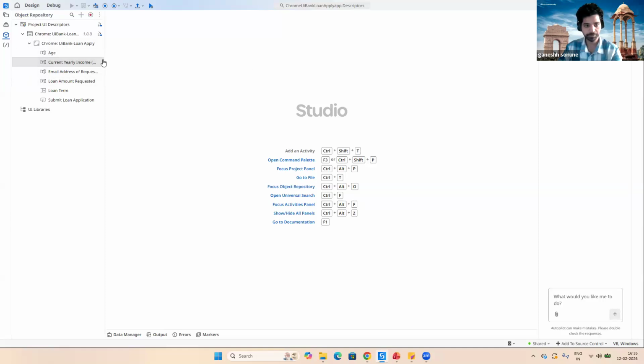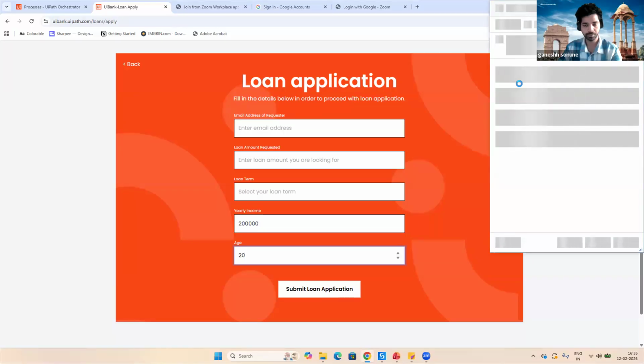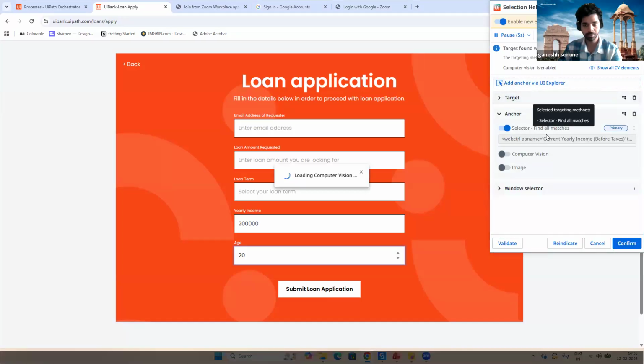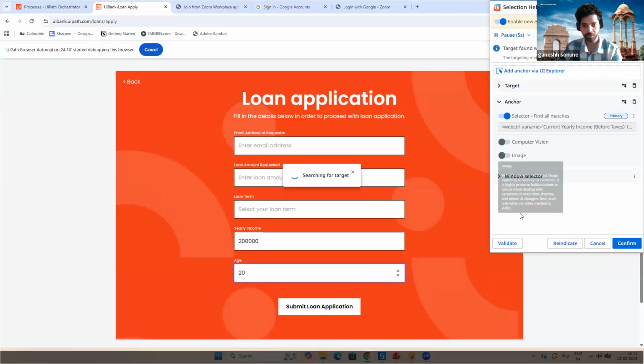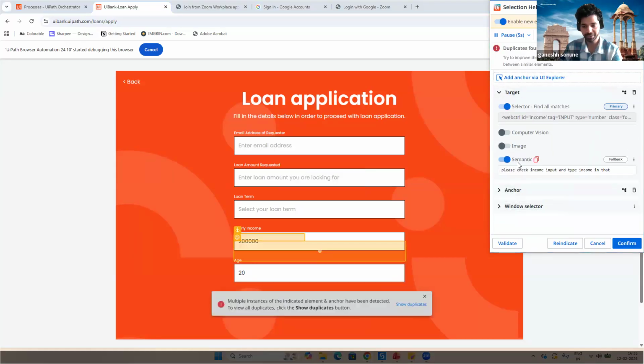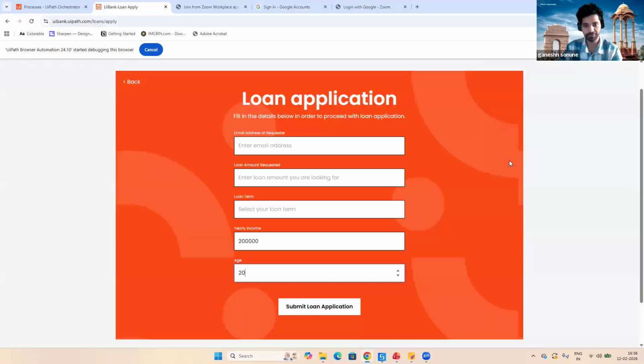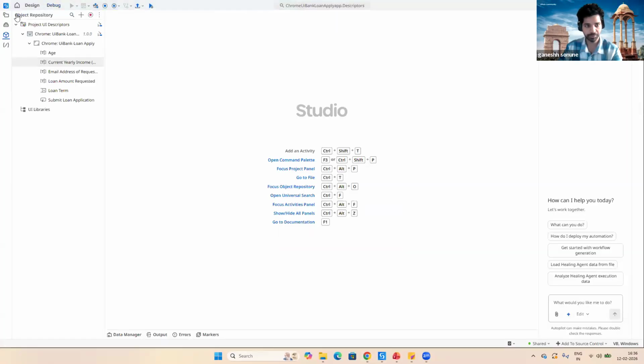And here I'm using, in the new experience, you can see the semantic selector in the target. Let me open that one and confirm that. So this is the library we have here. And let me open my project.